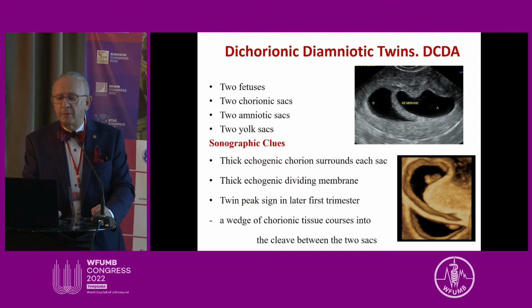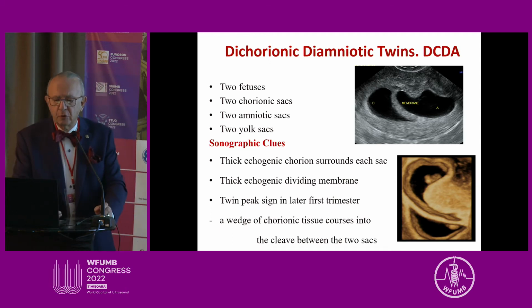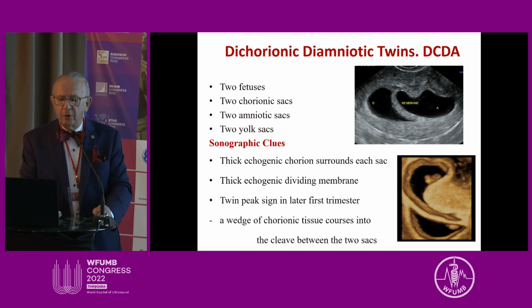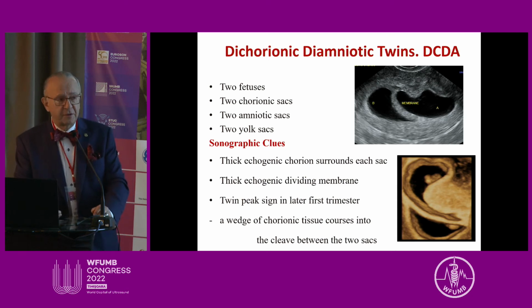So dichorionic diamniotic twins: 2 fetuses, 2 chorionic sacs, 2 amniotic sacs, 2 yolk sacs. The membrane is thick. You can see how thick that membrane is. And it has what is called a twin peak. Later in